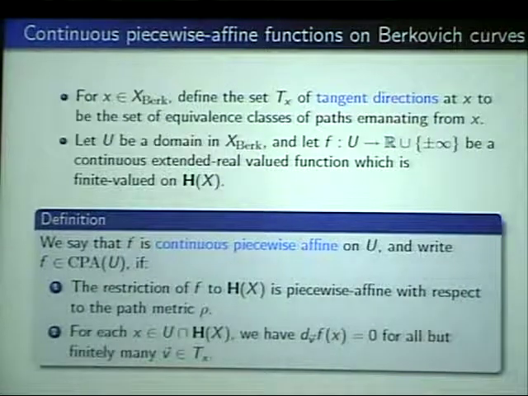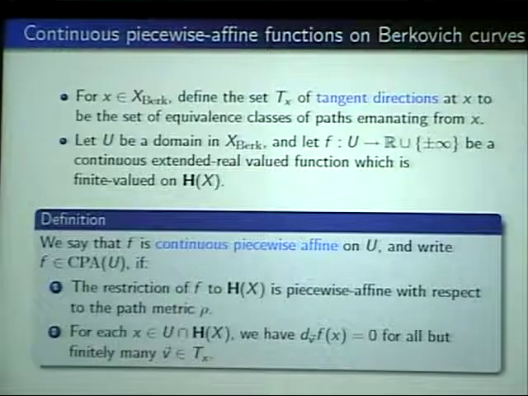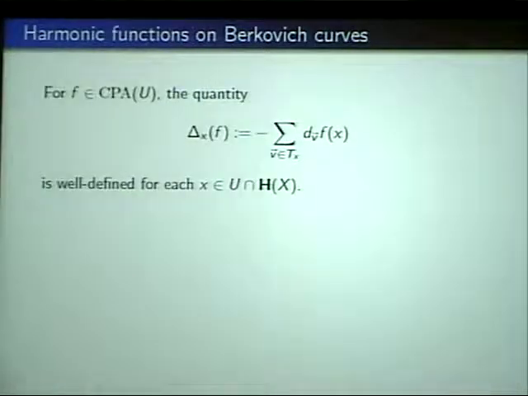And you have, at each point, the directional derivatives are 0 in all but finitely many directions. So it's just generalizing to curves the definition that I had before. And for such a function f, this quantity minus the sum of the slopes is well defined at every point